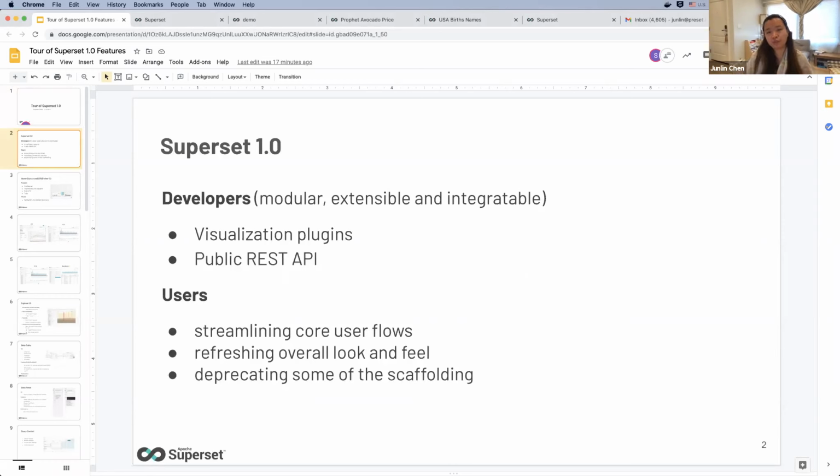So before diving into the features, I want to emphasize some of the motivations behind all the changes made in 1.0 for developers, because Superset is an open source project by nature, engineering driven and focused. And as we try to make Superset a more modern, user-friendly BI tool for our end users, we also want